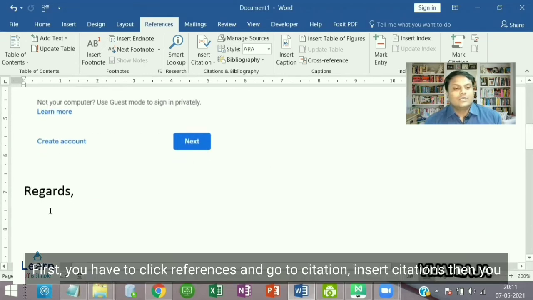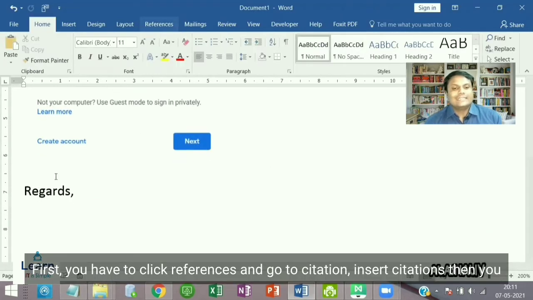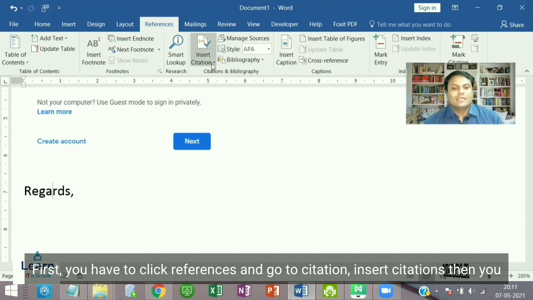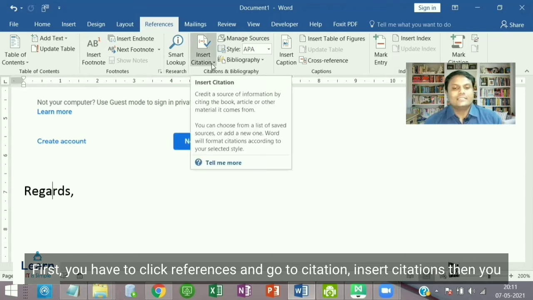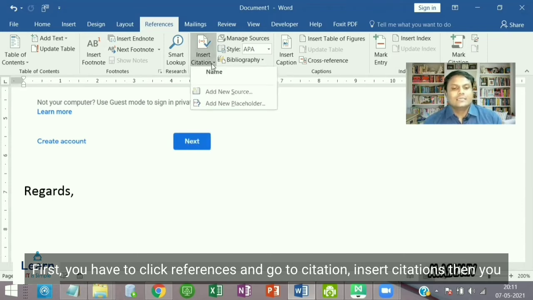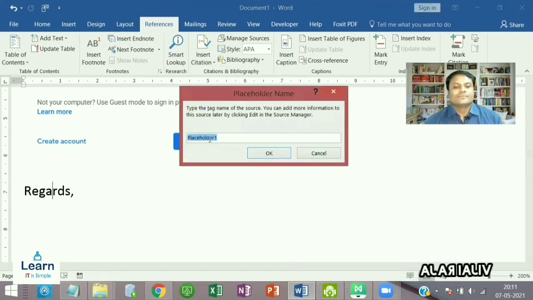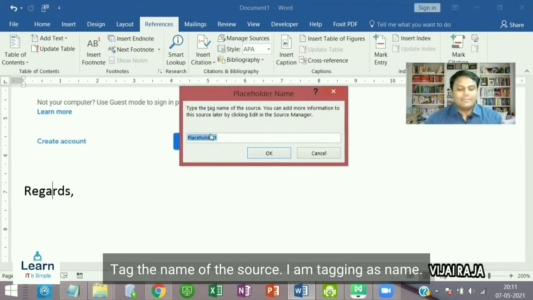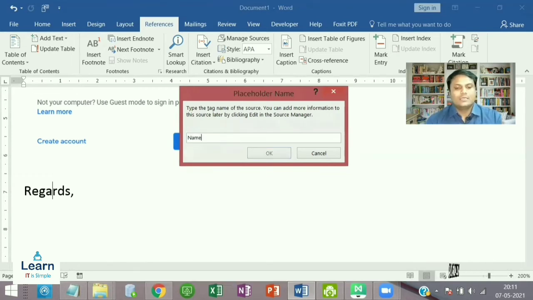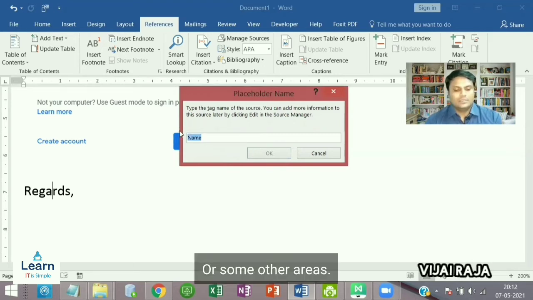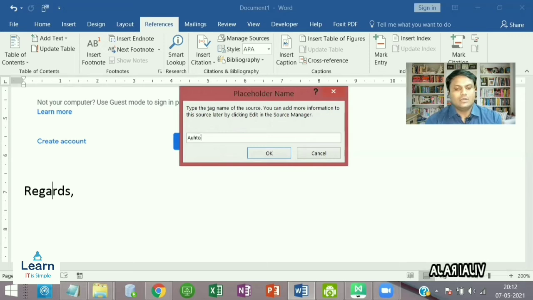First, you have to click references and go to citation, insert citations. There you find an add new placeholder. Click the new placeholder, tag the name of the source. I'm tagging as name. Or some other kind as author.